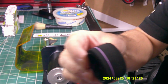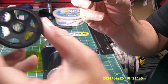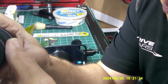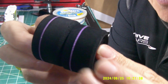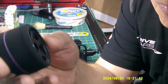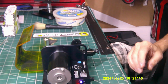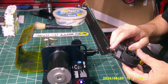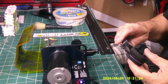So that's the untouched tyre. That's the one I've done. It's definitely loads smaller. I don't know if I can show you on the camera, it's going to be hard, but you can make out there, you see. So that one, that's the big one, so that should be 44. We'll check that one as well. I didn't have to check it, but